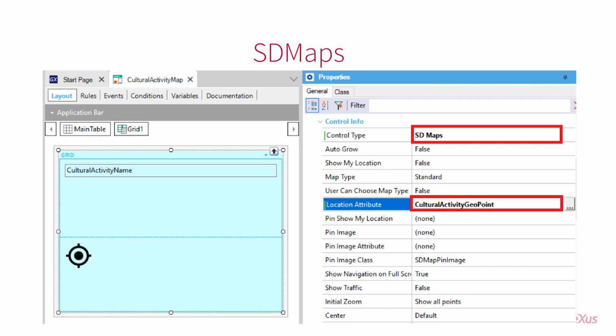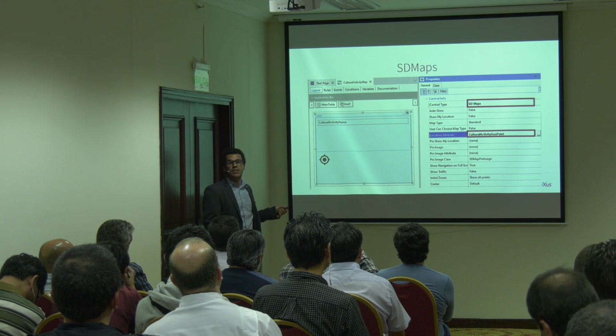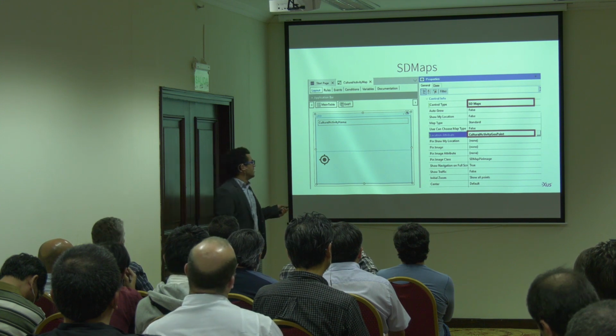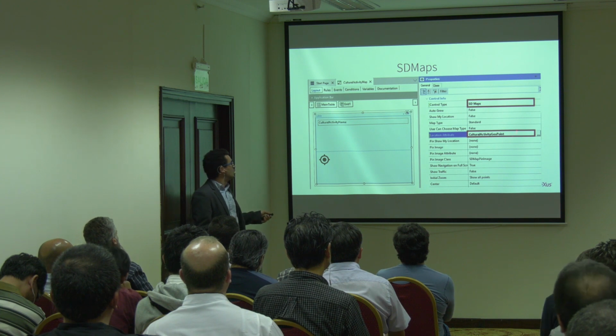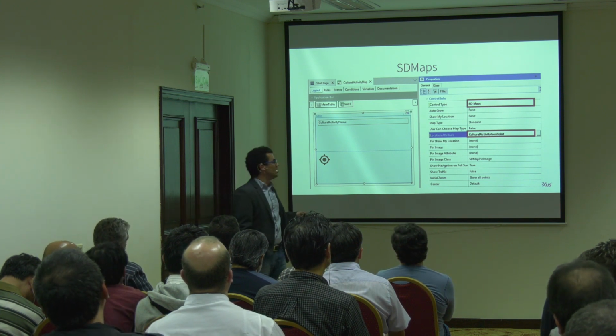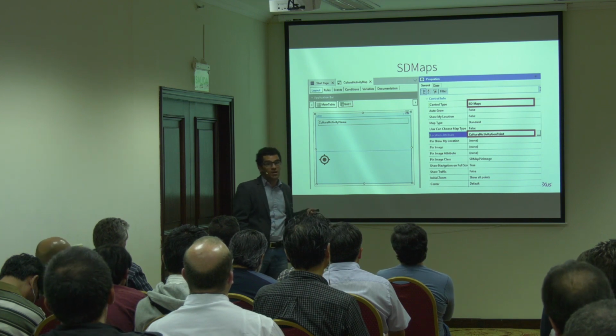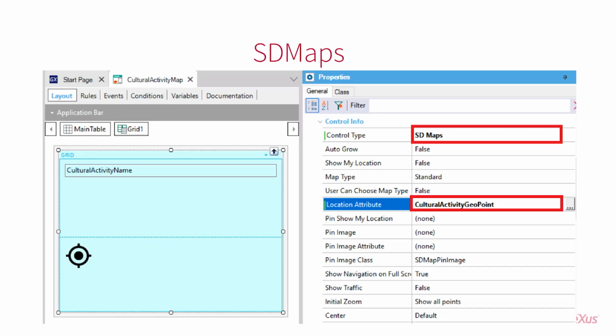One of them is the location attribute, and that's a coordinate, and it's longitude and latitude. And we've got two ways of specifying it. As from version 15 of GeneXus, this attribute could be, as we called it at the beginning, the geolocation domain, a string with latitude and longitude, or a geopoint variable, which is a type of specific data that our database understands, where it stores